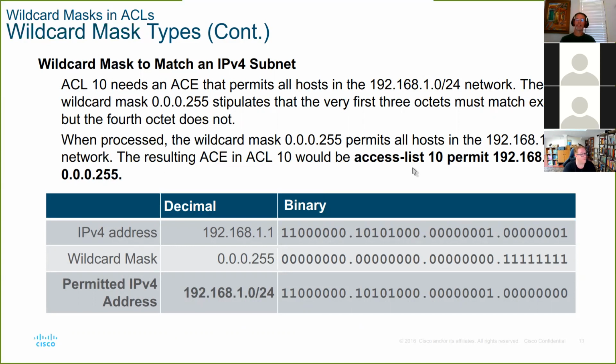So access list, a number, and numbered access lists, right? 1 to 99 are standard access lists. So standard access lists only filter based on source IP. So an access list 10 is standard, permit is the action, and then I apply an IP address or a range somehow. Now I could specify a host address, right?